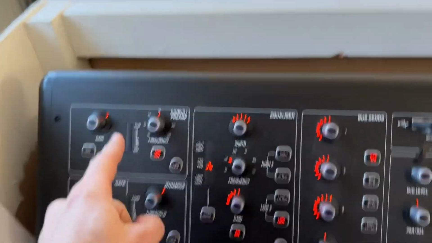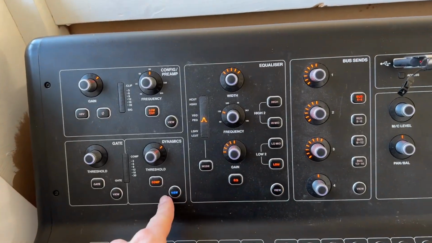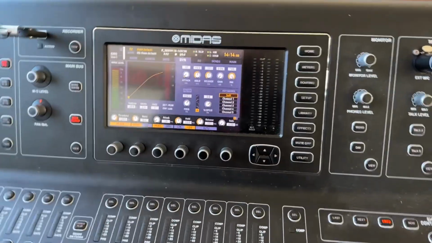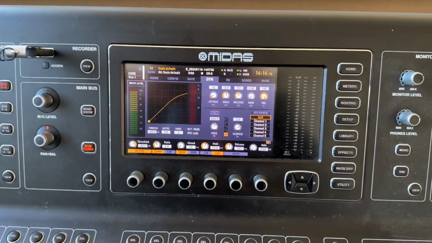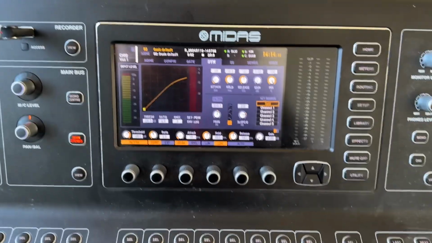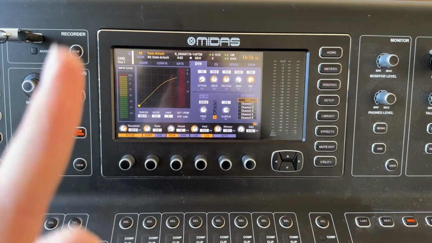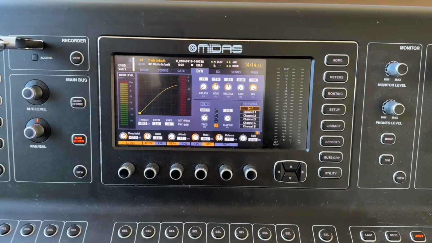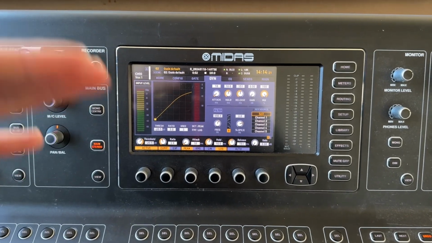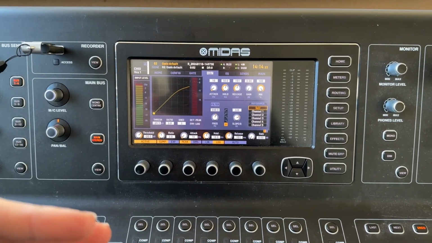So we then carry on round our horseshoe into our compressors. Now, these can be overly done, so just be really careful how you do a compressor. Basically, a compressor stops the volume from going up, up, up, and then distorting. So it keeps a bit of a lid, well, it's not a lid, because that would be a limiter, but it's kind of like,